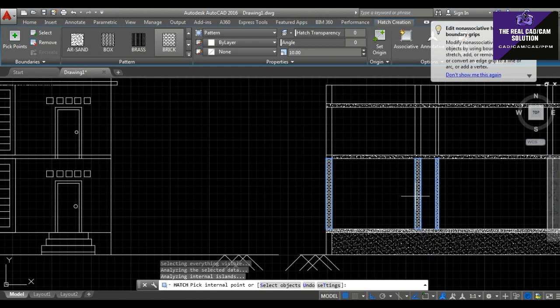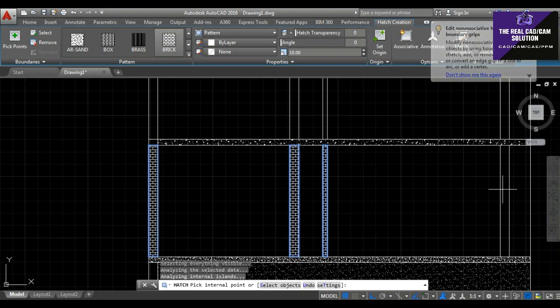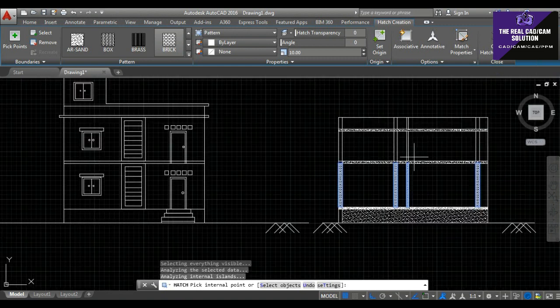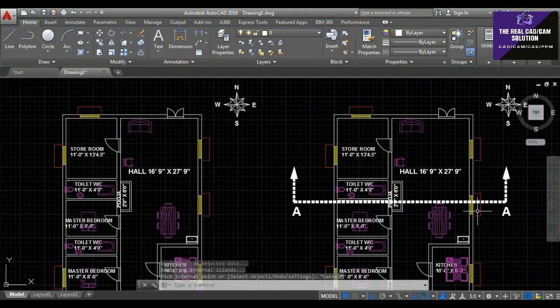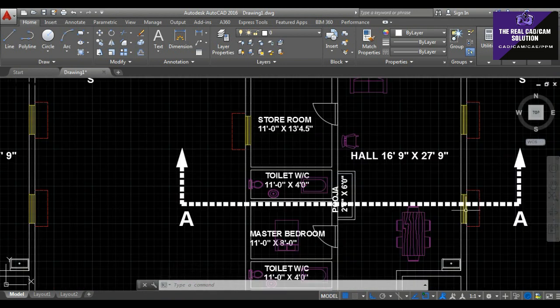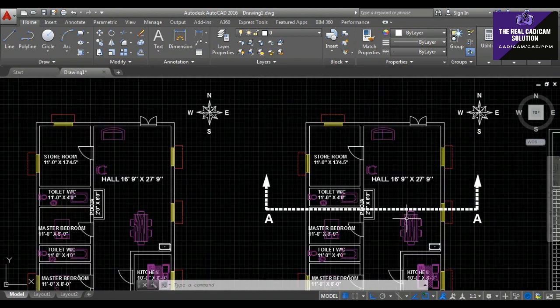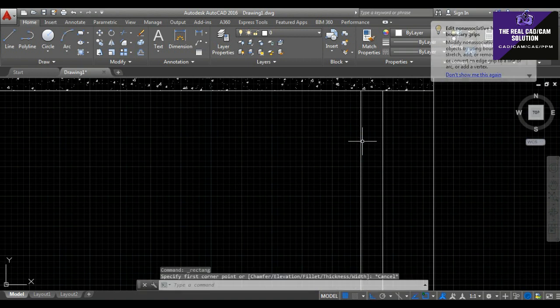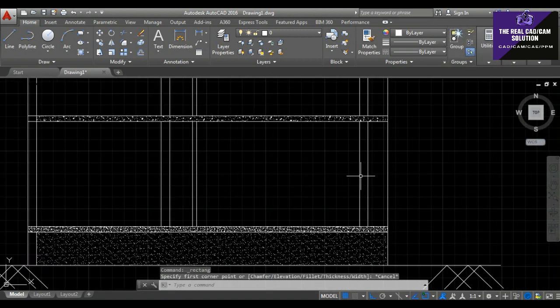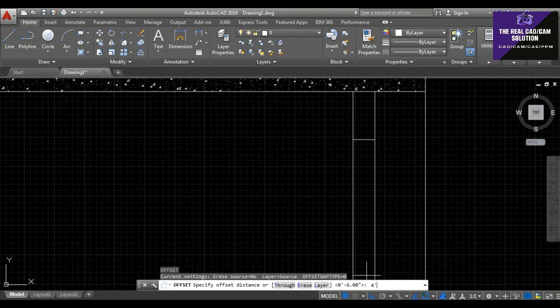The same is presented on top of the area. Before you choose these hatches, you have to draw whatever is present on the window section also. So you have to choose these windows here. So you have to draw this on all sections. Here at the lintel level, I just take an offset of 4 feet. Okay, and then choose like this.